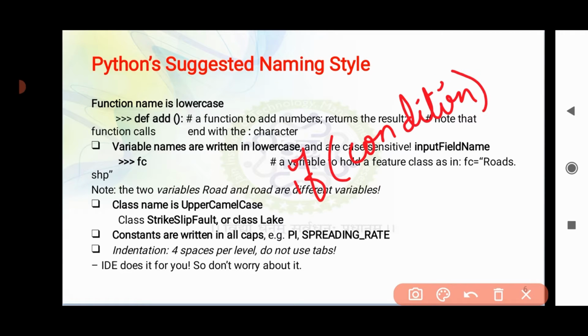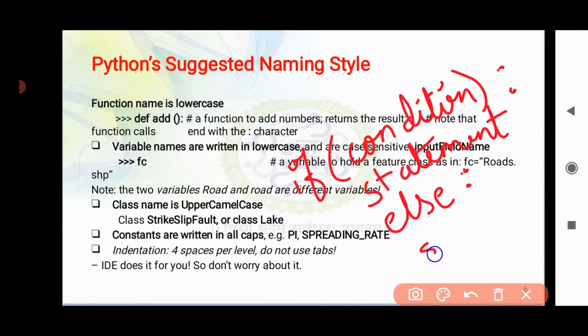Then complete the parenthesis, give the colon, then write a statement. After the statement, you have to write else. Then again give the colon, and after that write another statement. So this is how you write an if else block in Python.